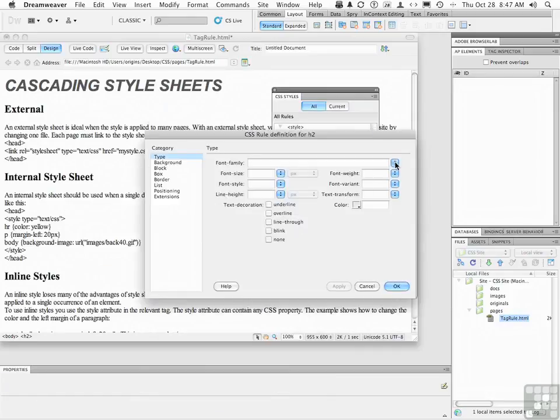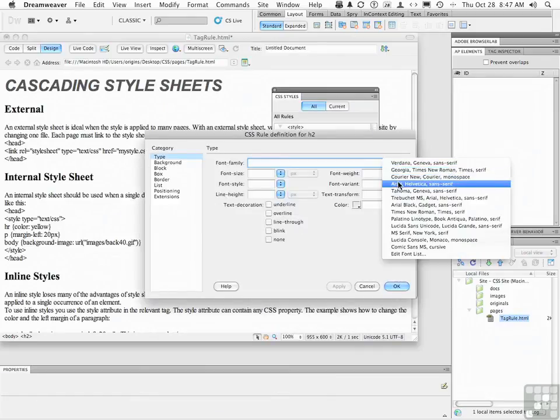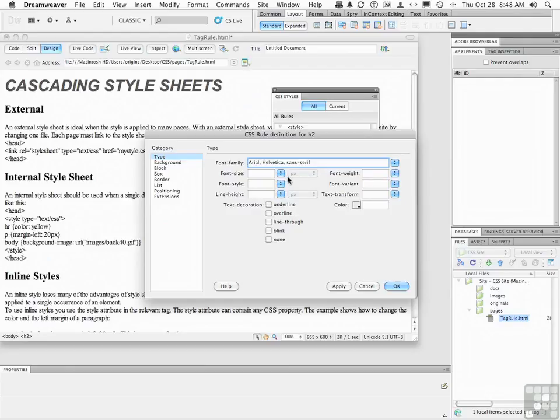In this case, our font family should probably be the same. Here's a rule of thumb in design when you're working on textual documents, on web or paper. Two or three fonts are all you're really going to want to use here. So we'll use one good font for our headings and subheadings and maybe another good font for our body text. We go Arial, Helvetica, or sans serif. Font size should be smaller, so let's go from a 36, that's what we used before, to a 24. Font style,